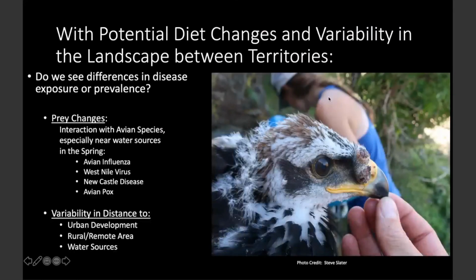So just a little bit more about the project as well. We're looking at the diet, how that diet changes and then affects that baseline of contaminants we're seeing. But we're also looking at the landscape variables. So do we see, like that Peregrine Falcon paper I'm